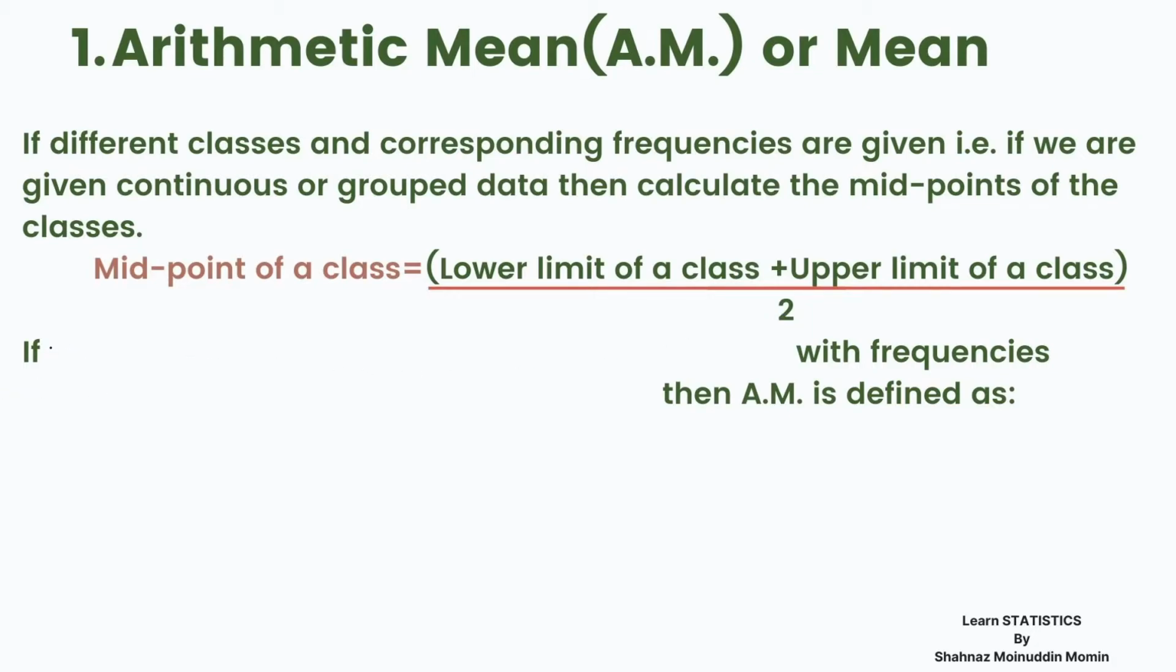Suppose M1, M2, M3 and Mn are the midpoints of the classes with frequencies, say, f1, f2, dot dot fn given, then the arithmetic mean is defined as